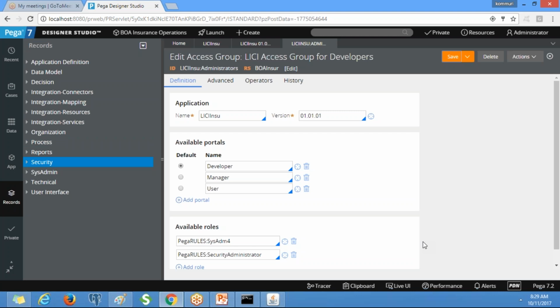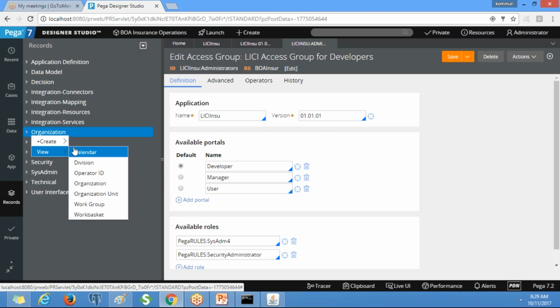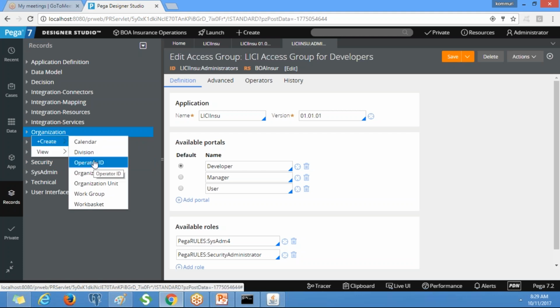Because we have to log in to the application and work on it, we should have operator IDs. The operator ID is available under the organization category. Go to the record explorer, organization, right click, create, and click on operator.